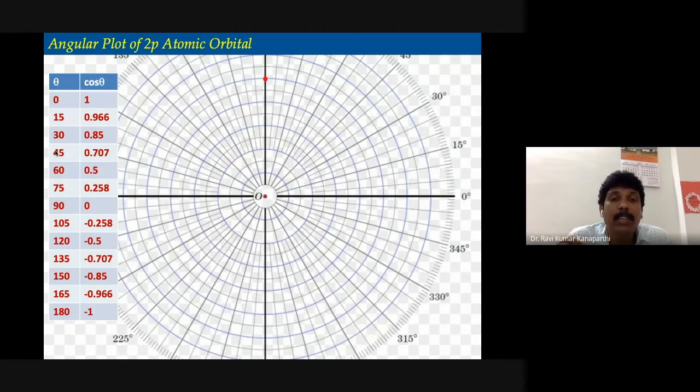But here what we have is theta. So how do you plot theta? You can't plot theta on a linear scale. That won't give you any proper visualization. So what is required is that you need angles, since theta is an angle. So this particular graph, as you can see here,